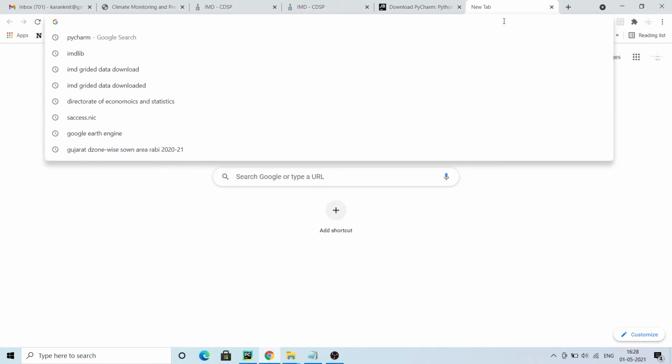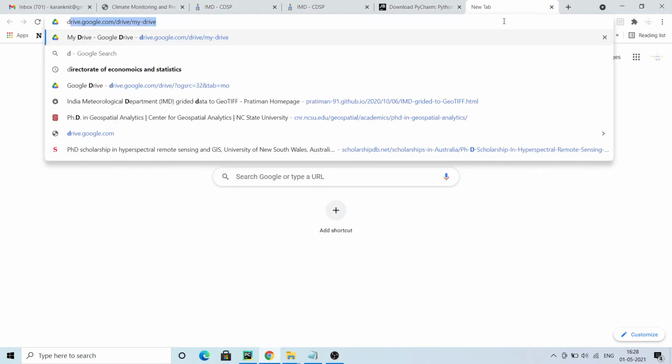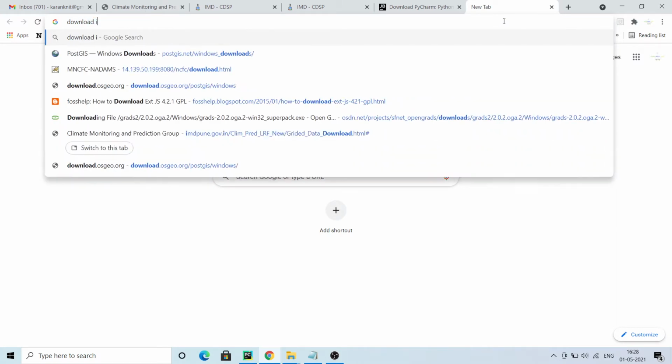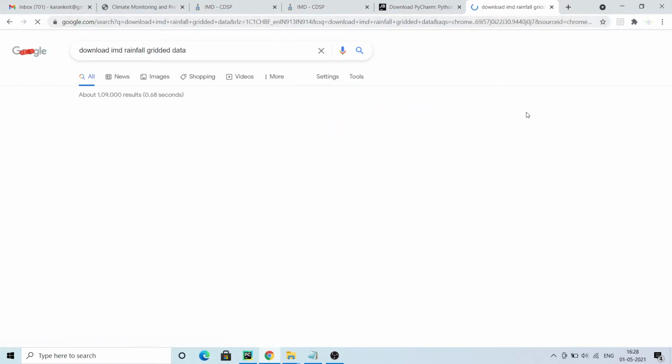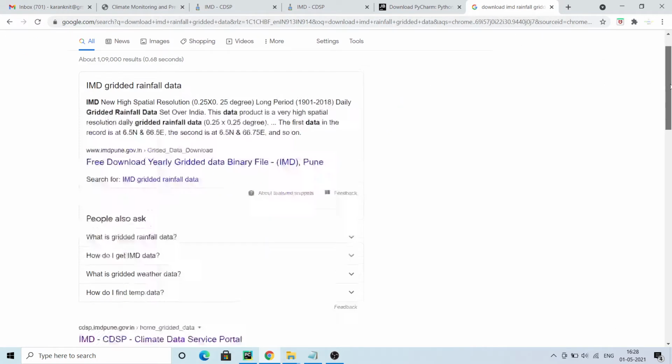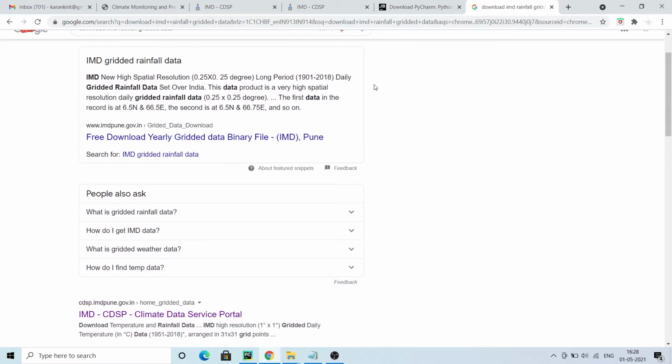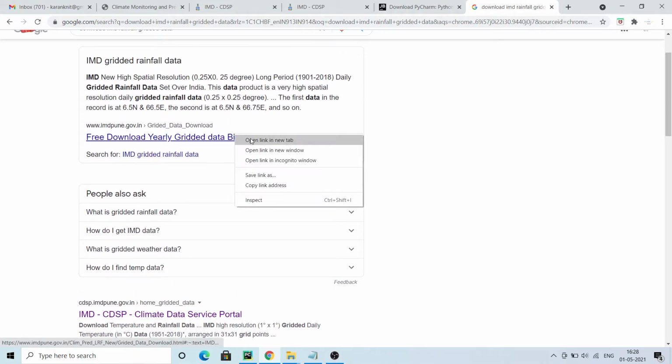So first of all, you need to go to Google and type download IMD rainfall gridded data. If you type this in Google, you will get this first link, free download yearly grid data.